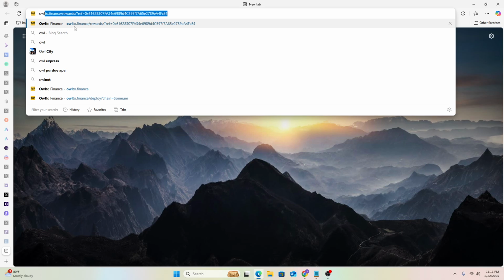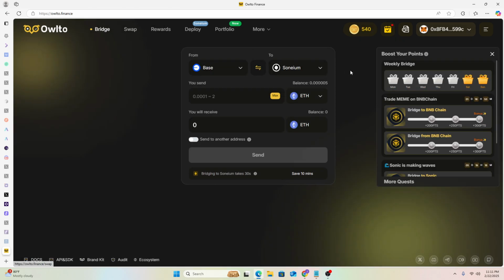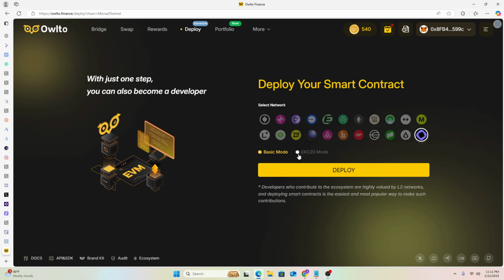Not only is it your bridge, a very sophisticated bridge that also has its own airdrop. You basically earn points by using this bridge towards the Auto Finance airdrop, but it also has a tool to deploy a contract to Monad. So this, I believe, should give you developer status. At the very least, you are deploying a contract. So